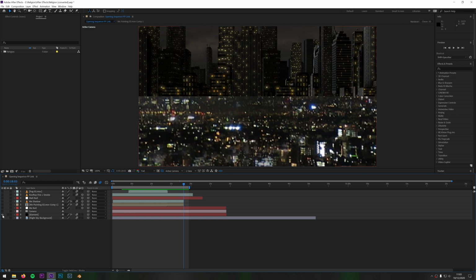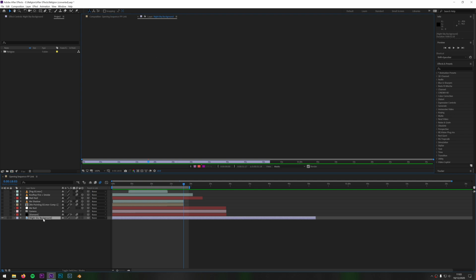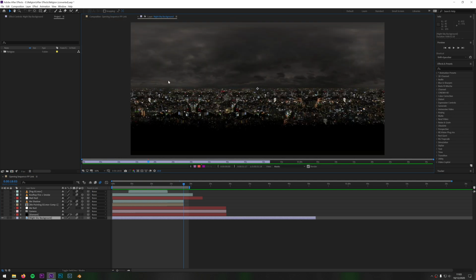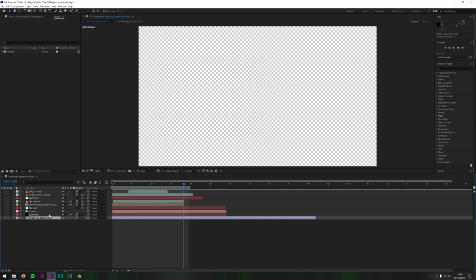So the very, very bottom one is actually the night sky background. And all this is just a picture. This is just a picture that comes with Element 3D, I think it's called Metropolitan Skies. And you can use this in your scenes, and you can use it as an environment. You can also use it as a background. It's actually switched off, and I'll show you why it's switched off in a moment. And I'll get back to that in a second.